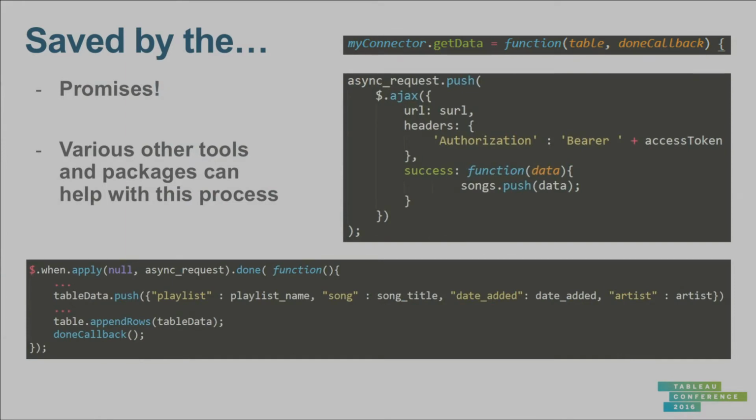I needed a way to run all of the calls at once, wait until they had all finished successfully, and then insert the resulting data into the tables that then get put into Tableau. So I employed my usual method. I trawled the internet and aggressively Googled in search of a method that would help me solve this problem, and I came across JavaScript promise objects. These allow you to package up multiple AJAX calls and send them all at the same time, wait until the data is returned, and then run the next part of your code. There are probably other ways to tackle this challenge, and some of them might be more elegant, but for me this worked, and I was able to retrieve my song data and insert that data into my tables.